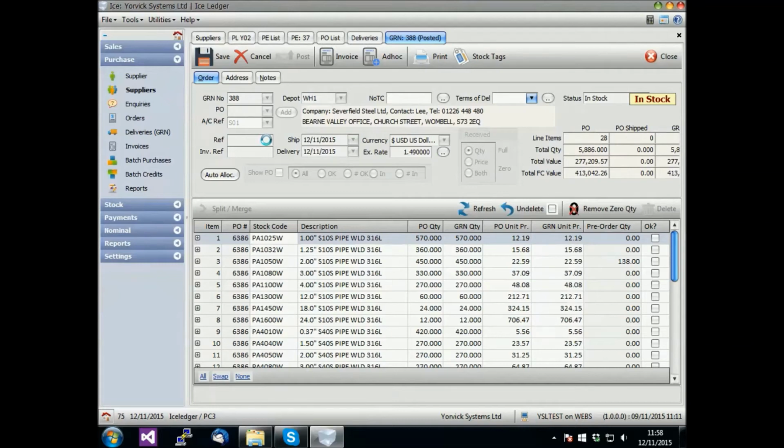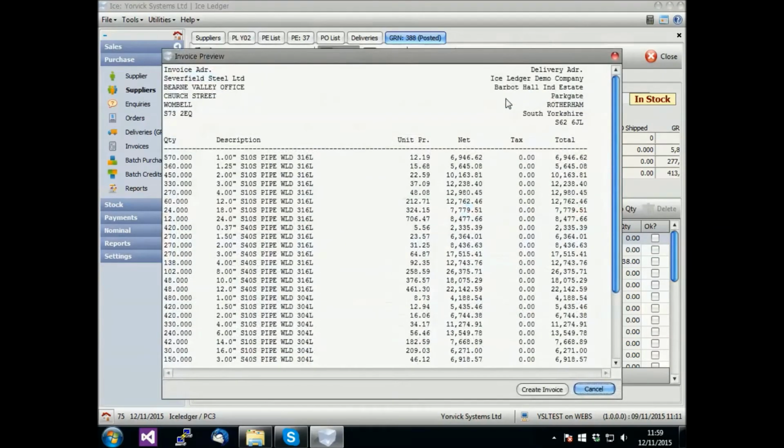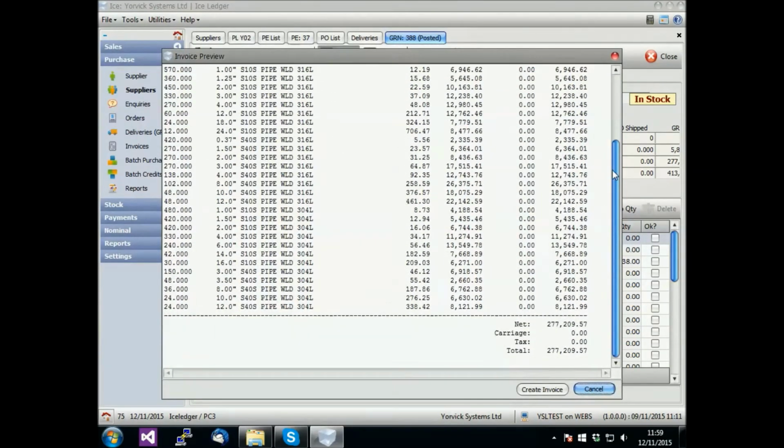With the stock booked in, the goods received note can be used to generate the purchase invoice to match the actual invoice from the supplier, without having to re-enter a large volume of data.